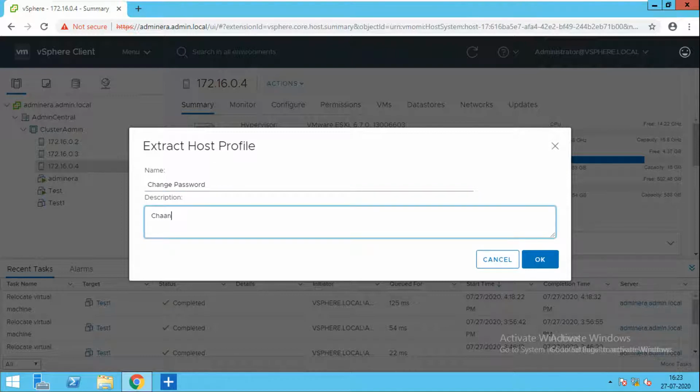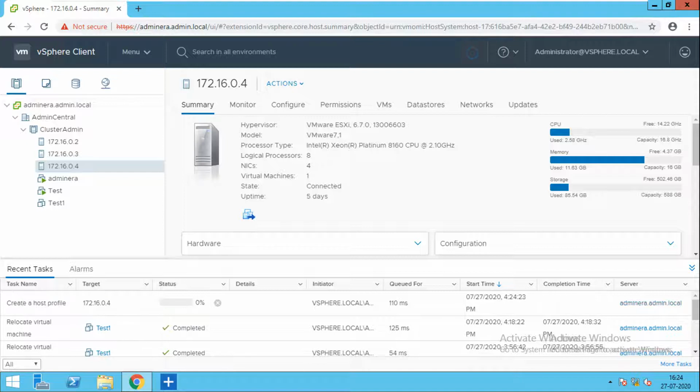Okay. It will extract the host profile, so we'll wait till the extraction completes. It may take 2 to 3 minutes, not more.